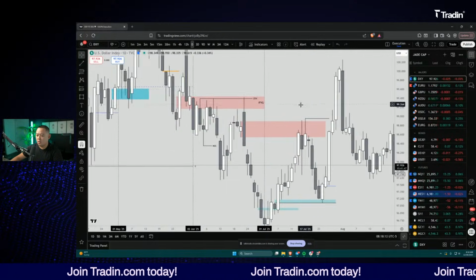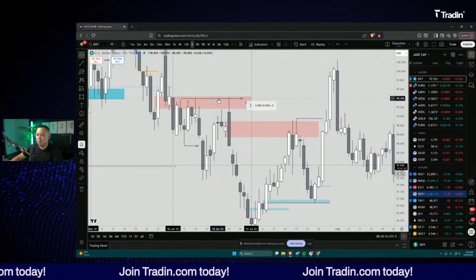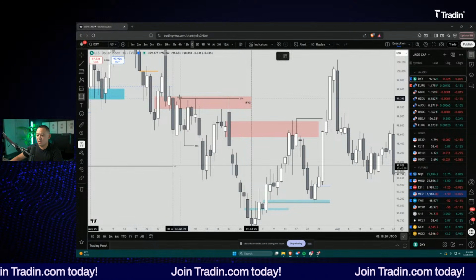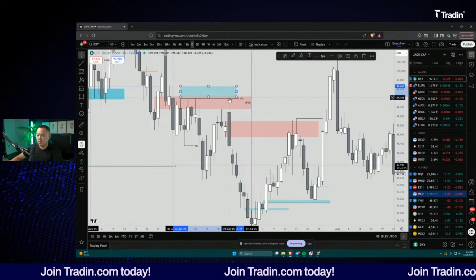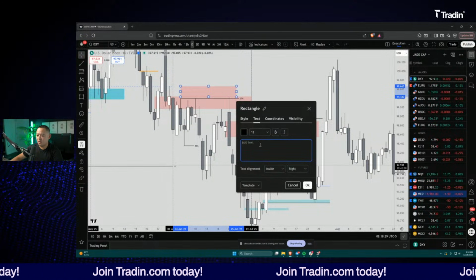So again, when you see a very shallow run on liquidity here, it can be susceptible later for a run, because all of this here is not a deep flush on liquidity. Like this little wick right here is not taking out a lot of the stops that are resting above these highs.